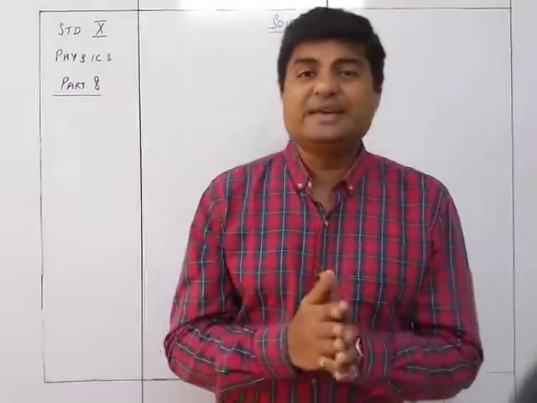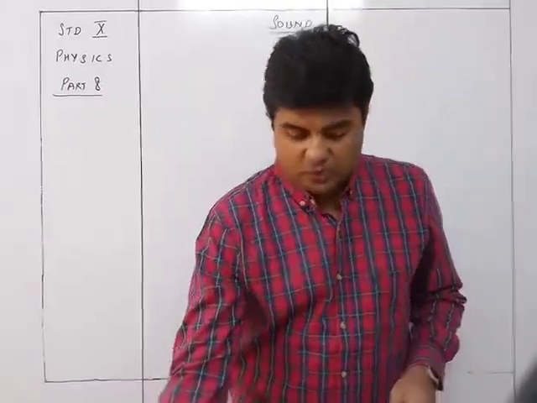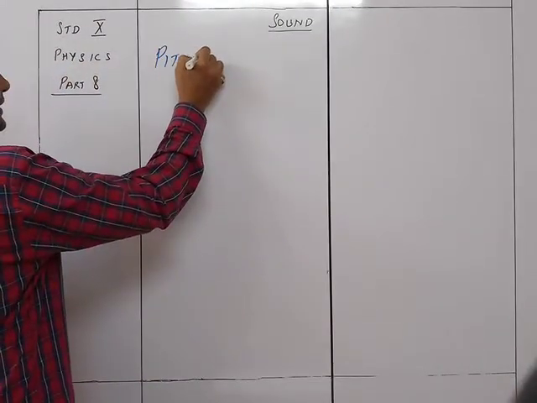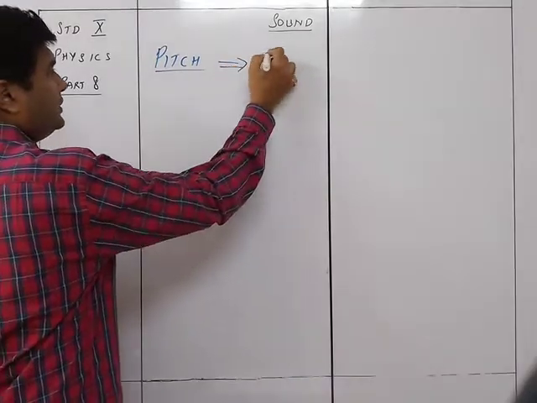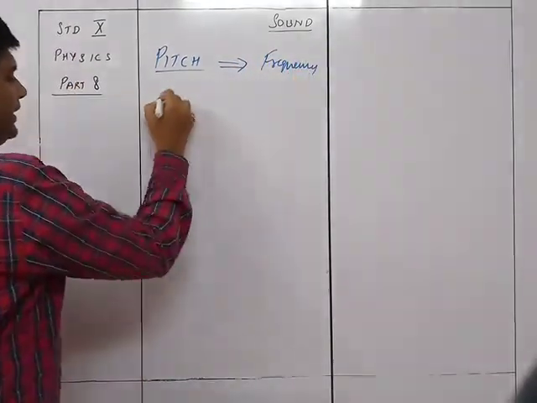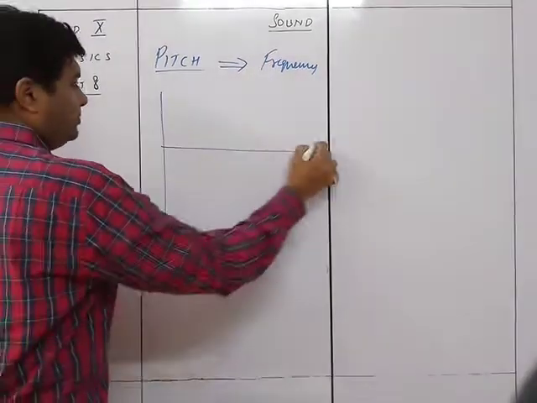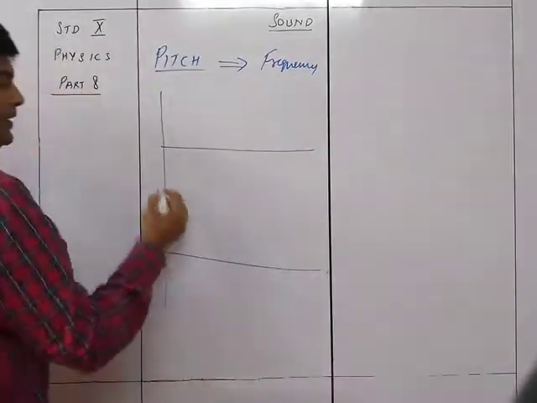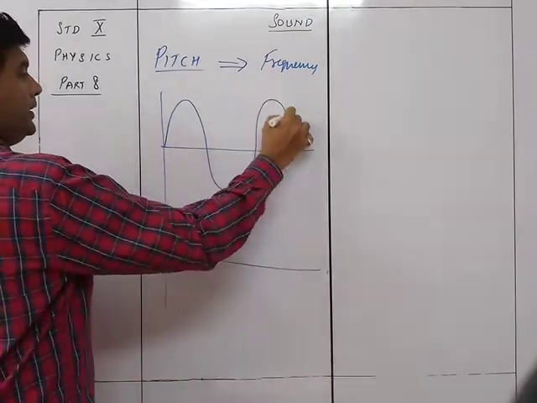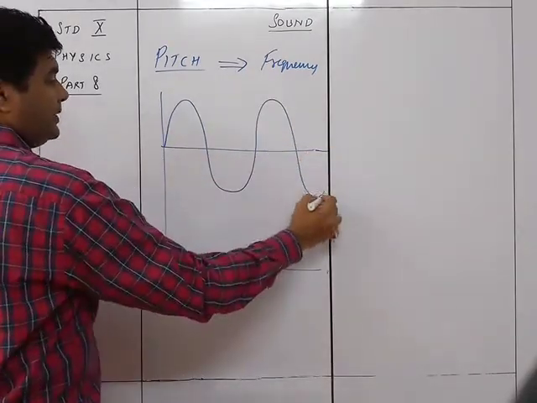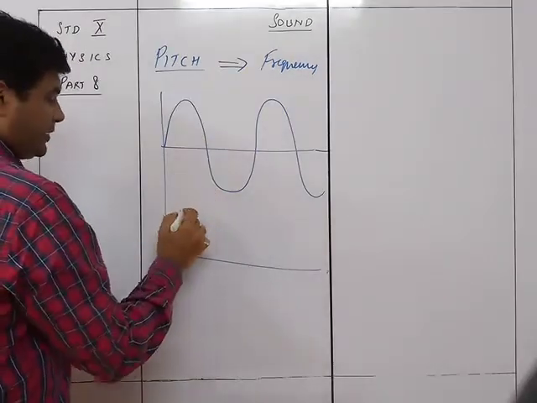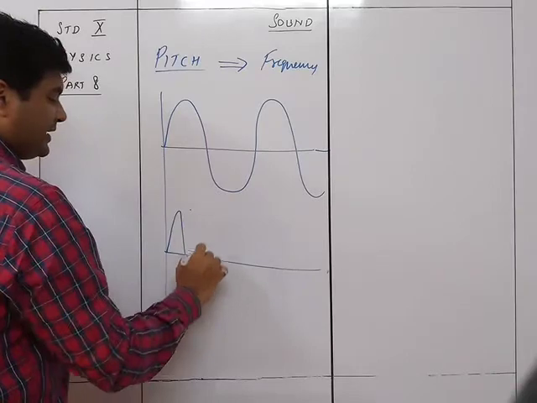So pitch is dependent on the frequency of the wave. If you have two waveforms such that the amplitude is the same, the amplitude over here is the same as over here, and one is coming like this,